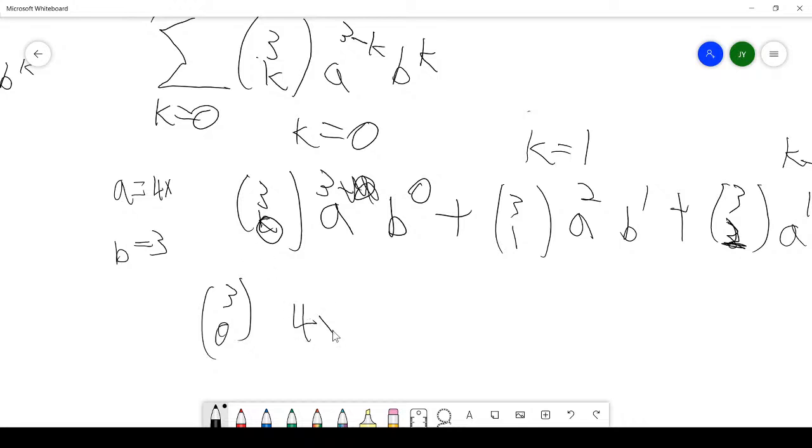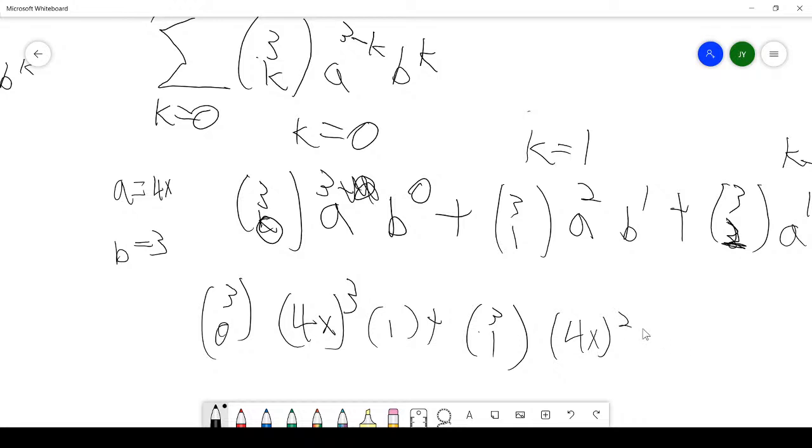So 4x to the third power, and b is to the 0th power, so it's always 1, plus 4x squared, b to the first power,